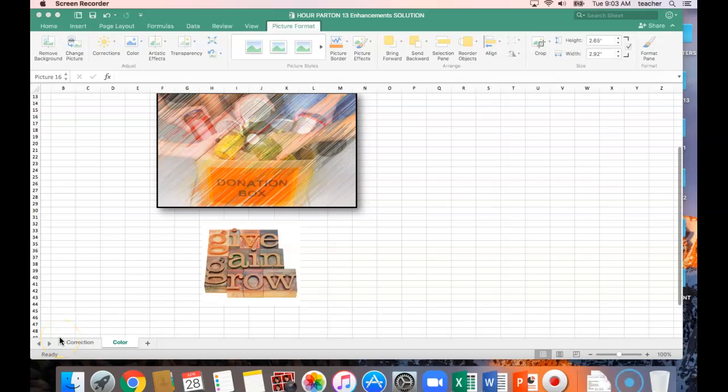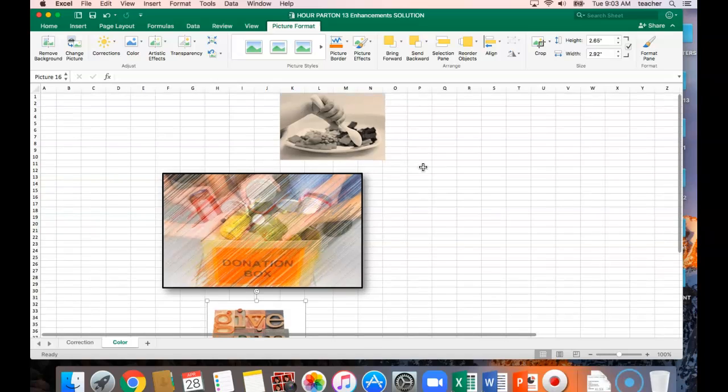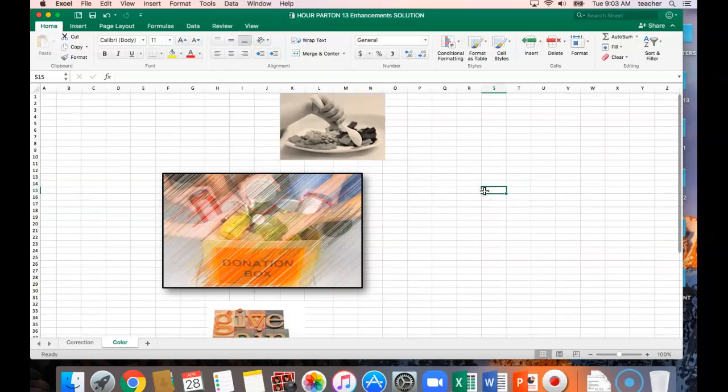This is Excel Chapter 13, Video 3, I believe. Okay, so make sure that you have the enhancements solution, the one that we just finished with. We are going to do a couple of things with it right now, and then we're done with it. In your color worksheet, so make sure you're still on your color worksheet, we're going to click on the